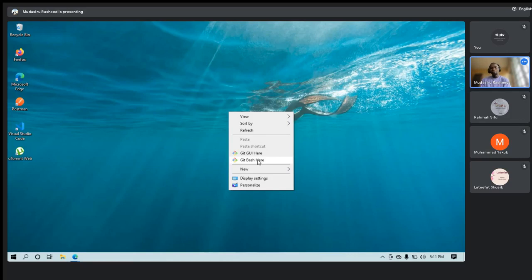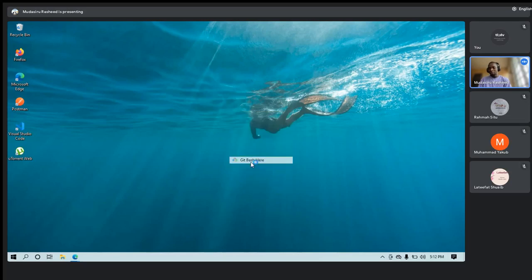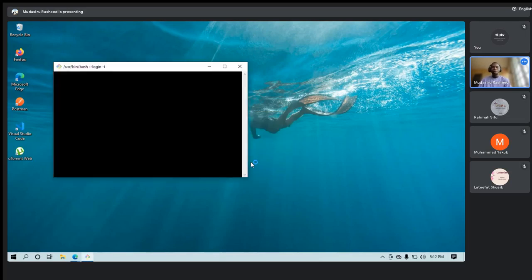because this Git Bash will give us access to a Linux environment, the Linux that we've been talking about. You can see this is a Windows system, but now we want to work in a Linux environment, and what Git was built on is Linux. That's why we need to learn a bit of Linux commands that we went through for some minutes now. Okay, I'll click on the Git Bash. Okay, so my Git Bash is up.